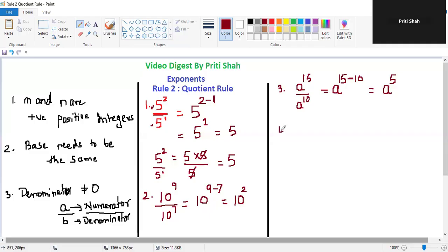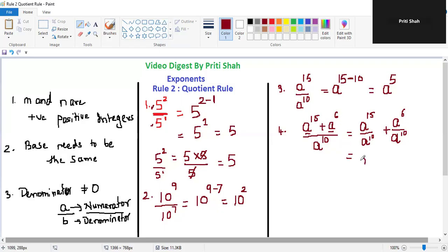Now, what is the common mistake that people make? Let's see that. Suppose it is A raised to 15 plus A raised to 6, divided by A raised to 10. Here the base is A, but because there is a plus sign, we cannot directly do anything to this. We have to put it as A raised to 15 upon A raised to 10 plus A raised to 6 upon A raised to 10, because this A raised to 10 in the denominator is common to both the numerators.